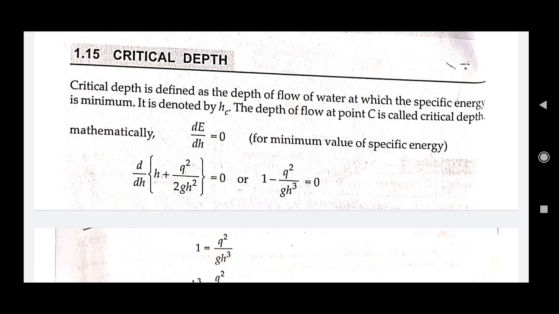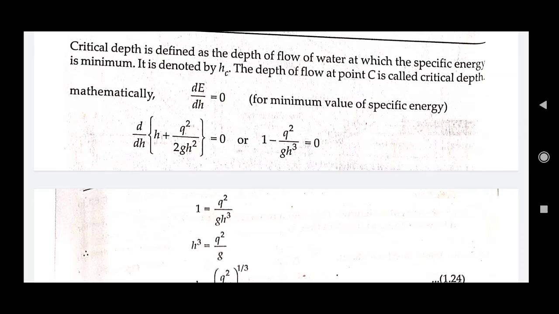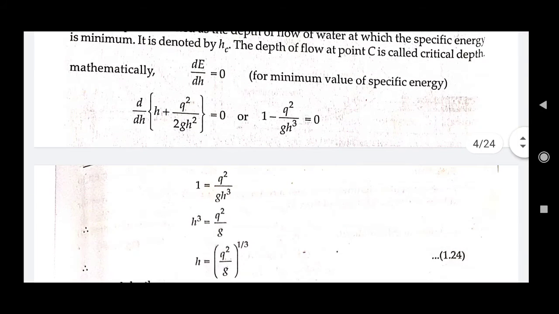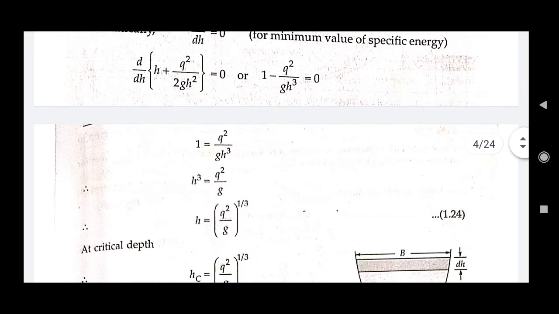So substituting the value of E in the equation dE by dH is equal to 0, we find d by dH in bracket we have H plus Q square upon 2G H square is equal to 0. On differentiating it, we find that 1 minus Q square by G H cube is equal to 0. I think that there should not be any problem in differentiating the equation. So we can easily see that Q square upon G H cube is equal to 1, or we can find out the value of H cube as Q square upon G, and subsequently we can find out the value of H, that is the depth of water, as equal to Q square by G to the power 1 by 3,